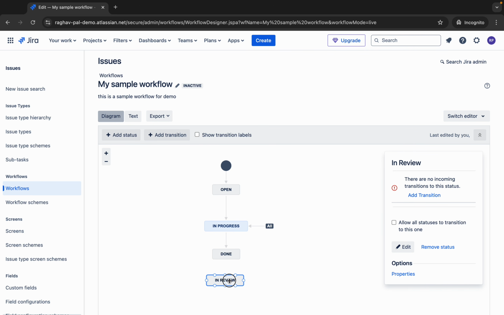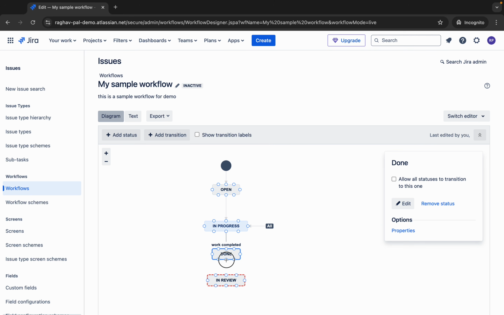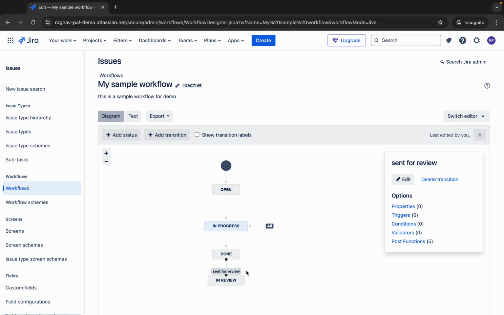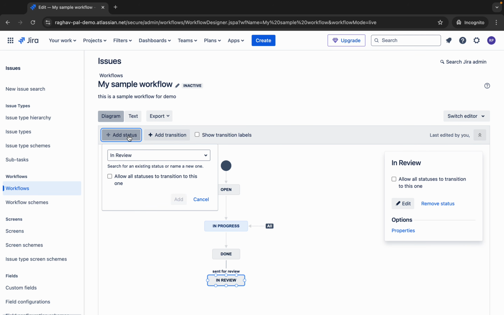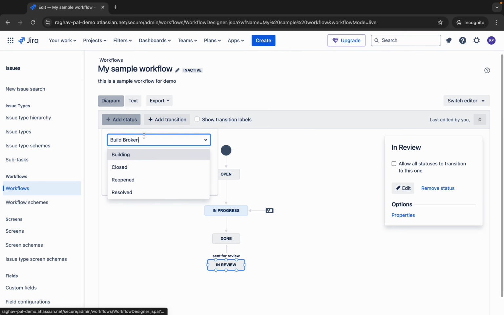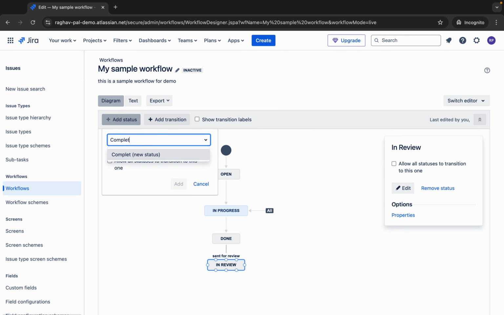So it has come here, and then again if I want to add a transition, I can add a transition, that is sent for review or review started, whatever you want to give the name, you can add it like this. Okay, and after in review I want to add a status, let us say completed. So I will say completed